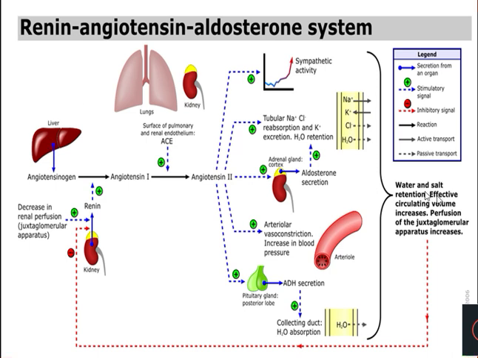When water is retained, the total volume of the blood increases, and again the extracellular fluid will be enriched. Now what happens? The signal stops because there is enough extracellular fluid. It all began from a decrease in extracellular fluid volume, but it will end when the extracellular fluid volume comes back to normal. So now the juxtaglomerular apparatus stops producing renin. So this can be called a negative feedback. If it continues secreting renin, blood pressure will shoot up. So to control that, there is a negative feedback.